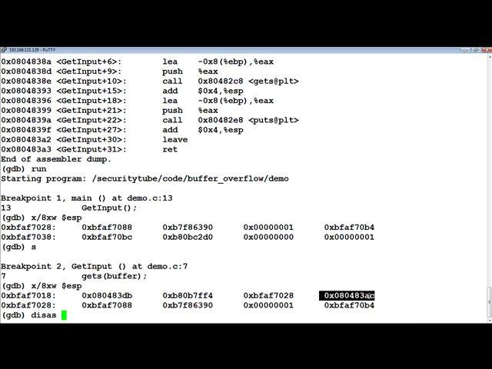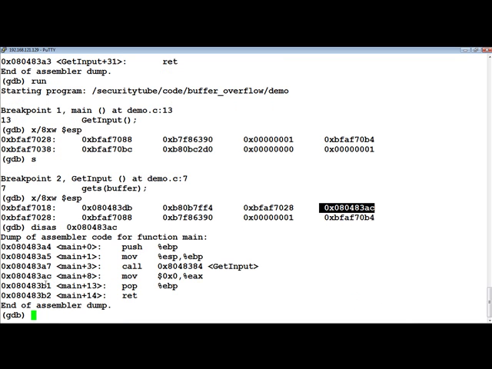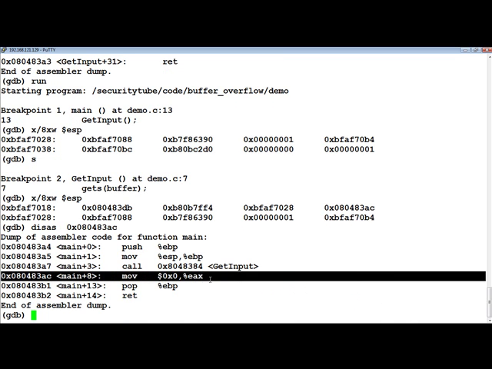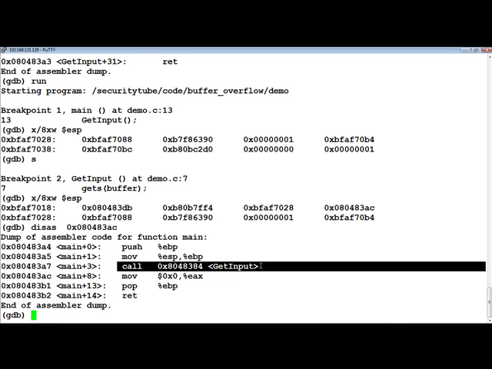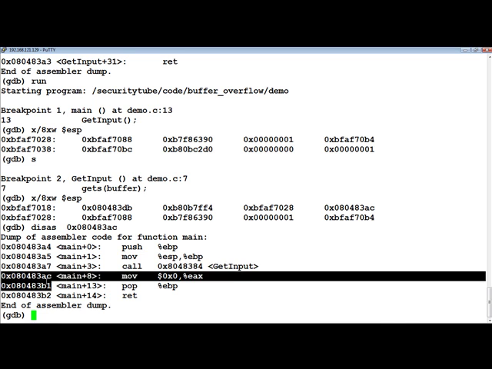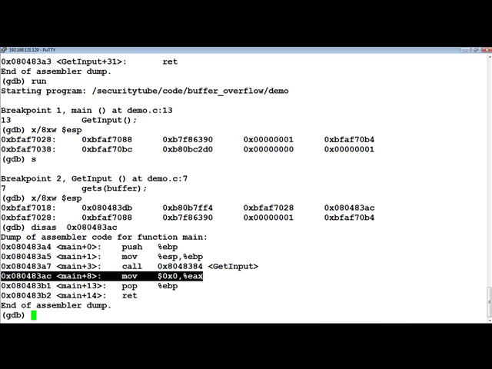So let's disassemble the code in this memory location. If you notice, this is nothing but the next instruction, move 0 into EAX after the call to get input function returns, right? So I guess if you understood everything correctly till now, then practically you got most of how buffer overflows are going to work. If you haven't understood till here,